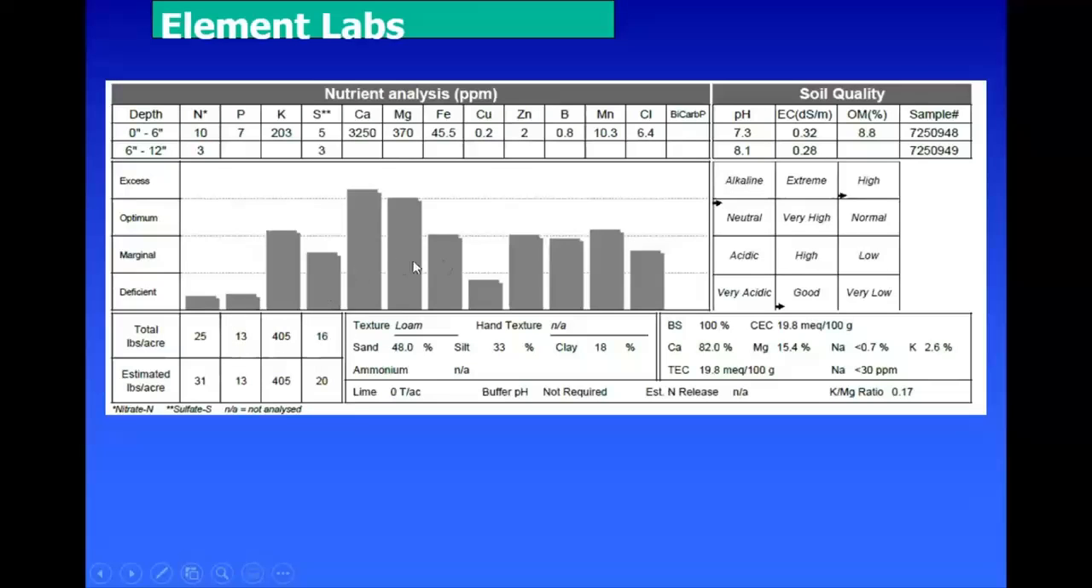And then this lab also gives a bar graph giving you a rating. So they rated N, and the P is very low, potassium is optimum, sulfur is marginal as usual, calcium, magnesium is excellent. Then most of the nutrients are kind of just right at the marginal to optimum range, with the exception of